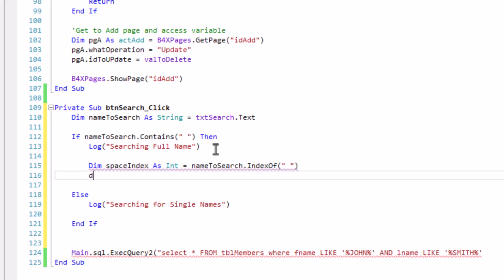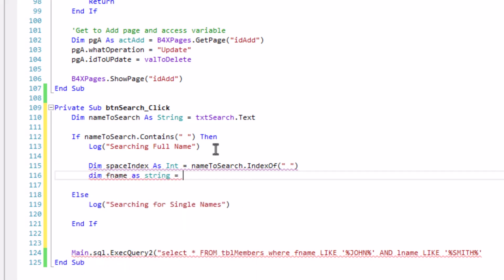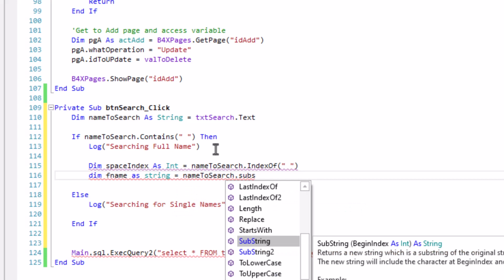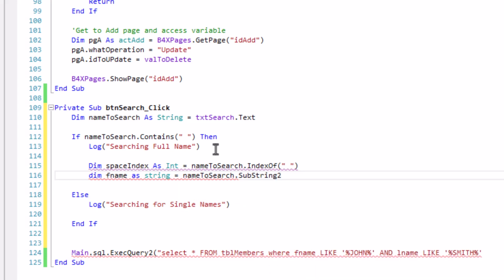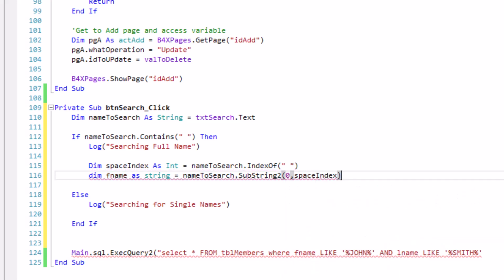Then the first name as string equals name to search dot substring, with beginning index 0 and ending index not including the last index, so we can just put the space index, which means to pick the first name.